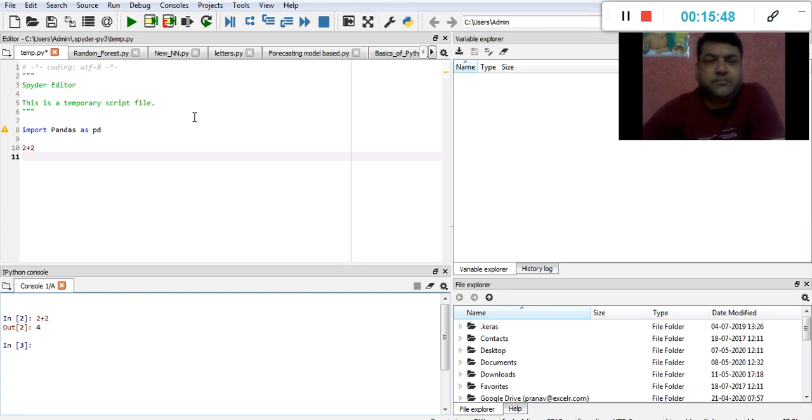As far as our agenda is concerned, I think I have clearly mentioned how to download it, how to launch it, how to use it, and how to set the environments for different versions, so that we can use the different packages available in different versions of Python for our programming.